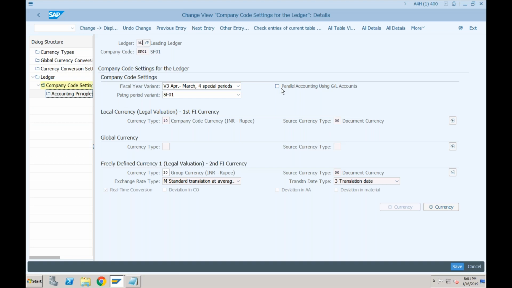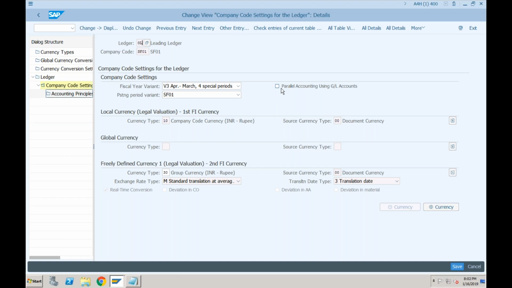Sandeep: So this option is only coming for the leading ledger, or can you see this tick for the non-leading, that means the extension ledger? No, logically, Sandeep, when we are saying there is only one ledger, this option will be taken when there is only one ledger. And if there is only one ledger, it is obviously going to be the leading ledger, right?